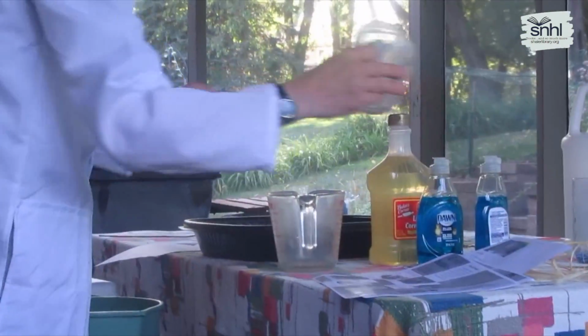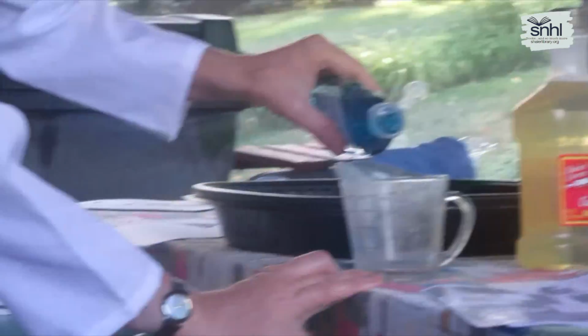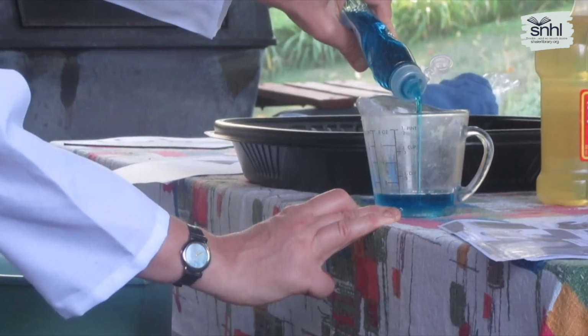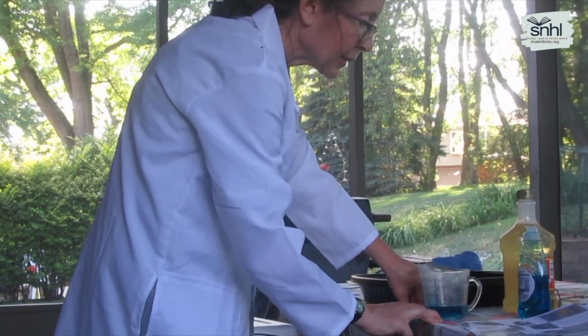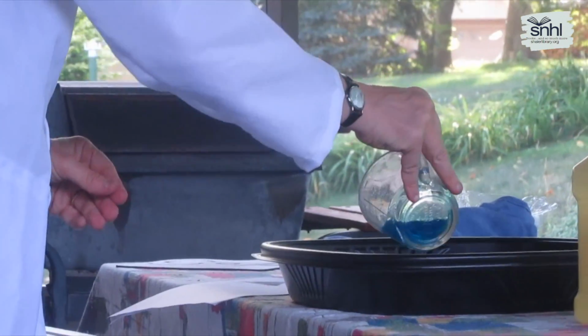parts. Then we're going to use 1/4 cup, and I like to use the smaller size measuring cup for measuring smaller things, of Dawn dishwasher detergent. So we're squeezing out 1/4 cup of it. And we are going to add the corn syrup as well. So we only need a wee little bit of corn syrup. Pour that in